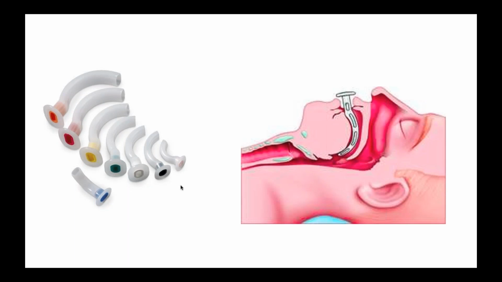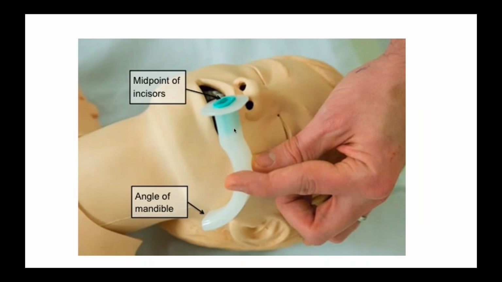So okay, now this is the oral airway. You can see they come in different colors and different sizes. Basically the function of the oral airway is to maintain airway patency. As I told you, in an unconscious child, there is a tendency for the tongue to fall back and block the pharyngeal opening. So that that does not happen, we put in an oral airway. This is a curved plastic device which has a bore in the center, and the size of this airway will vary upon the size of the child.